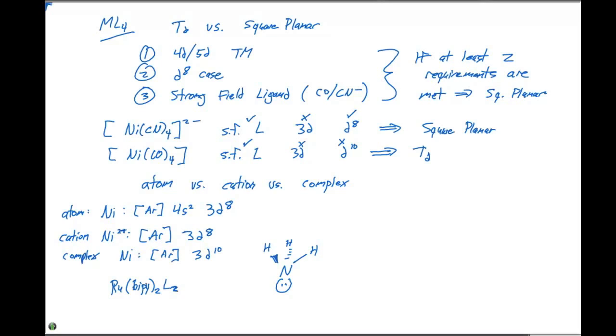So however many electron pairs a particular ligand has, that's how many bonds it can form with a transition metal. Ammonia has one lone pair. So if we're going to make an octahedral complex with ruthenium and ammonia, we can fit 6 ammonias around that transition metal center. This bipy ligand, though,